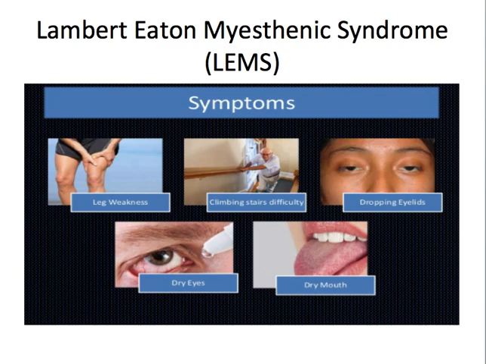Actually, the mechanism involved is that repetitive stimulation of the motor nerve causes accumulation of calcium ions in the nerve terminal, and then it increases the acetylcholine release, leading to an increase in muscle strength. Now, this is in contrast to myasthenia gravis, in which the symptoms are increased by repetitive stimulation.